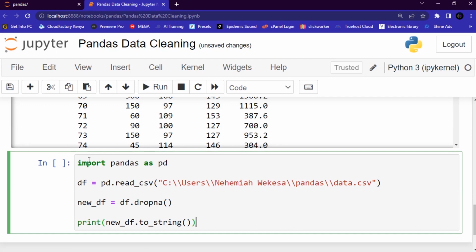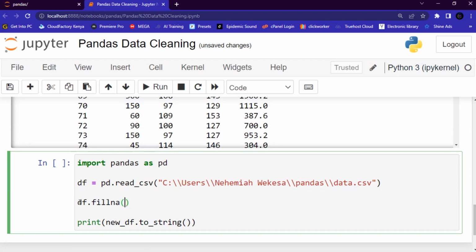Let me remove these codes first so that I do not confuse you. Here I'm going to use df.fillna